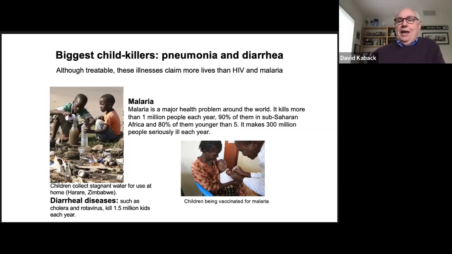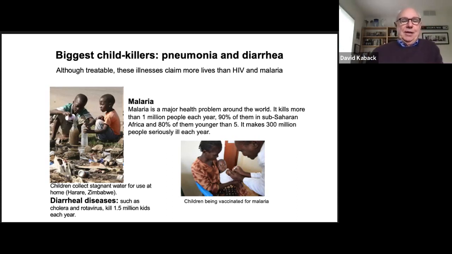And of course, we're now in the worst pandemic that pretty much anybody who's less than 102 years old can remember, with respect to this COVID